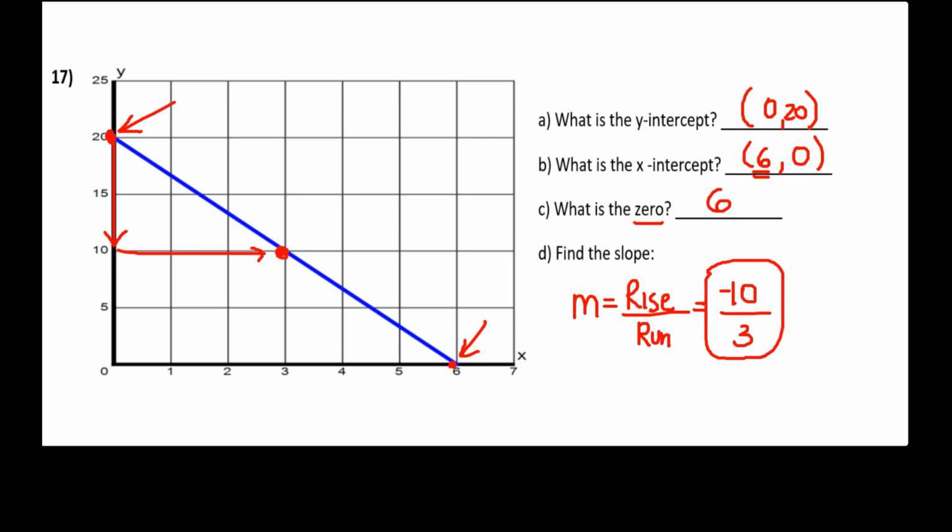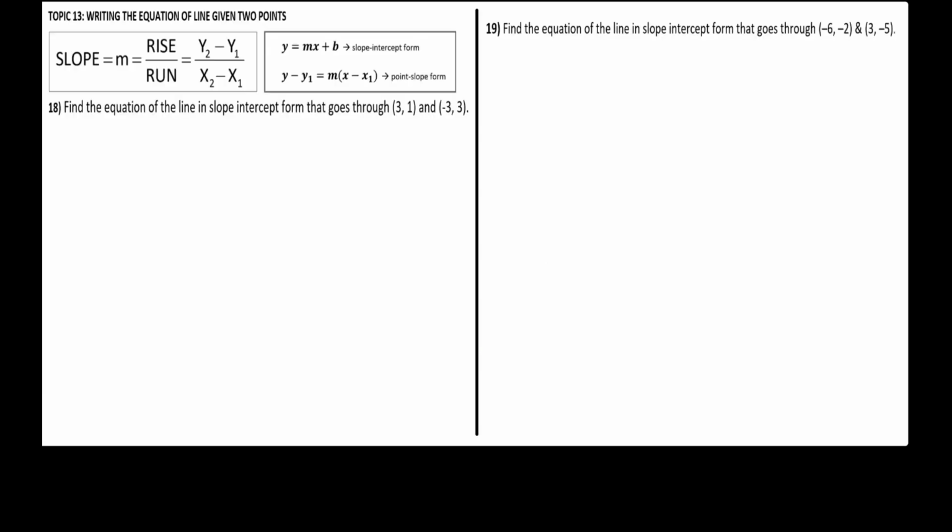And there we go. Let's go on to the next set of problems. Next set of problems is a word problem that says to find the equation of the line in slope-intercept form that goes through these points. Please remember to label x1, y1, x2, y2, and you're going to use the formula of the slope, which